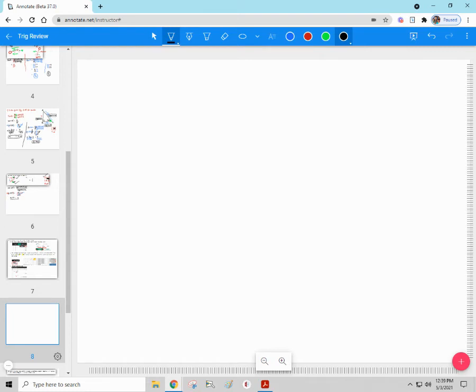Let's say that there is a right angle triangle, and this angle is missing, and BC is given as 7 units, AC is given as 11 units, and the question is what is the